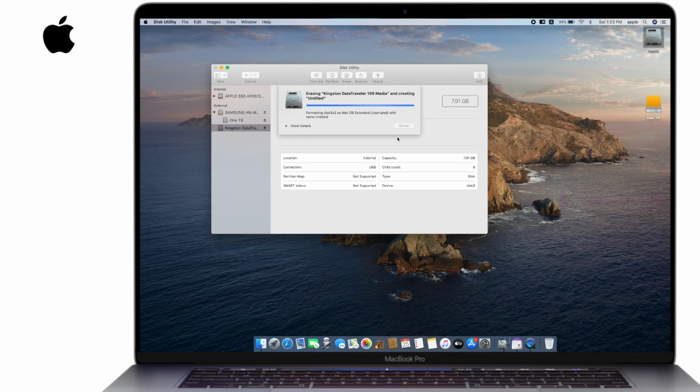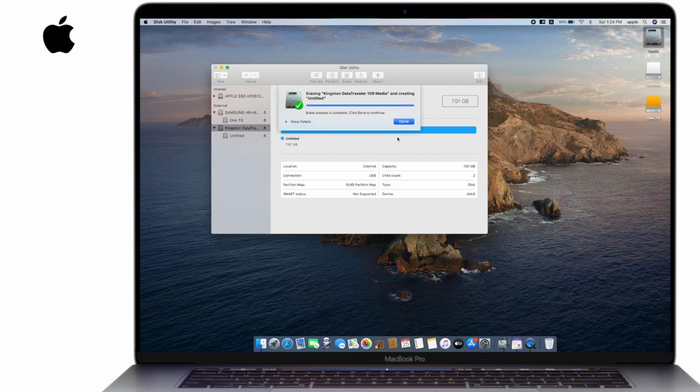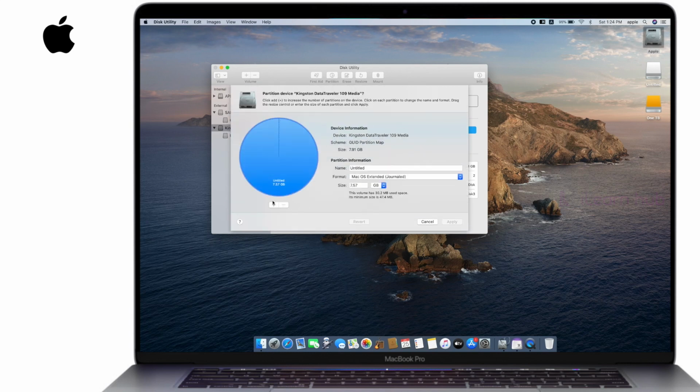Once it is done, let me show you how many partitions you can make out of this pen drive. Even though it is a simple 8 GB drive, you can still make a number of partitions. That depends on your requirement. If you want to utilize a single partition, you can straight away utilize it. Selecting the Partition icon, you can see right now there is only one partition. By clicking on the plus icon, by default it makes two equal partitions, and as I said already, if you want to make something like this, you can do that.